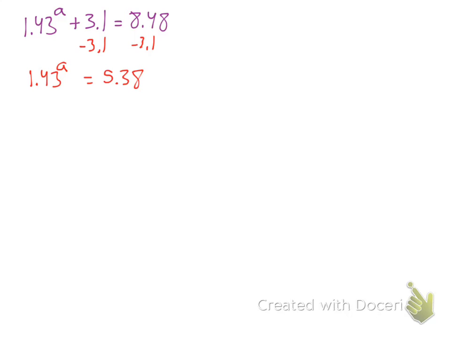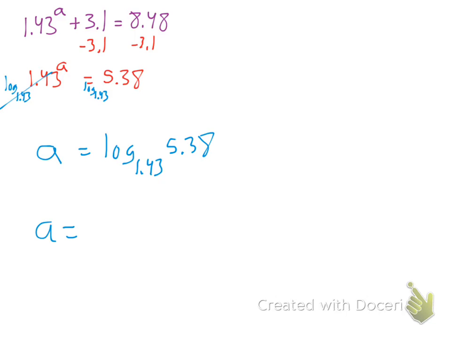Now, when I go to hit it with a log, I will hit it with log base what? Right. Log base 1.43. The coolest thing about it, on the left-hand side, it cancels, leaving you with a equals log base 1.43 of 5.38. And then we use the change of base. Let's use log this time. So log of 5.38 over log of